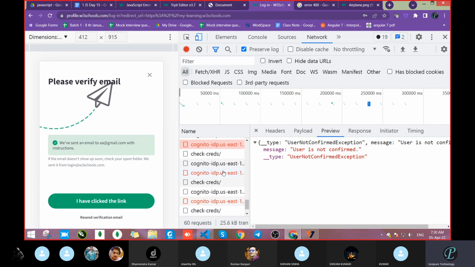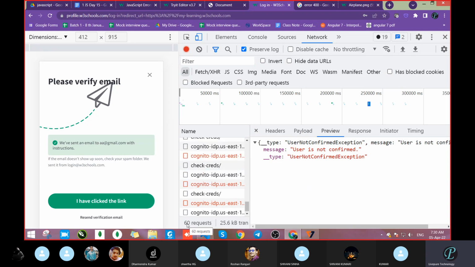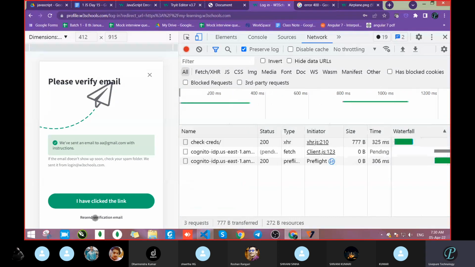See how many requests they have sent: 60 requests. If you wait a few minutes more, it will send more requests, meaning it will send again. So do one thing now. Click on resend verification mail and let's see what happens.